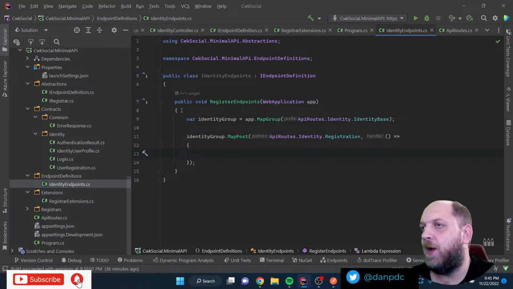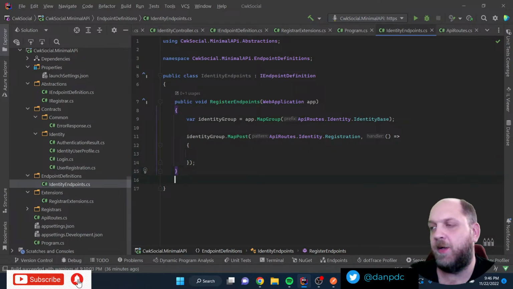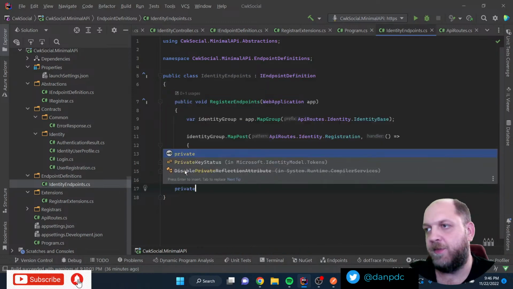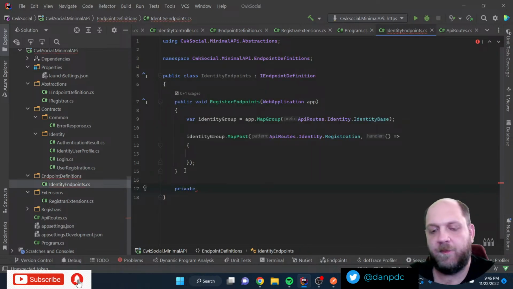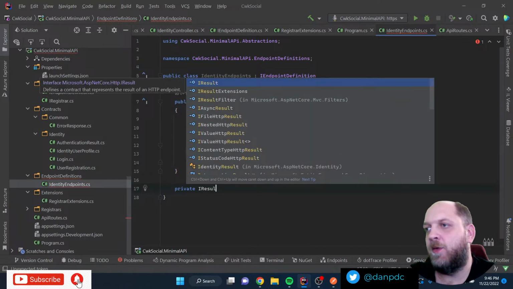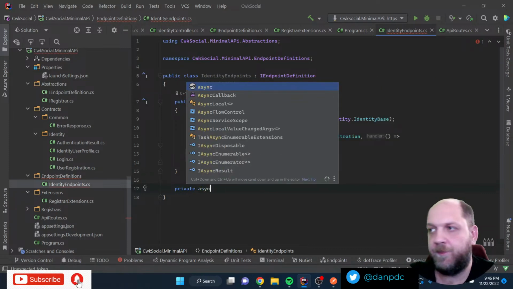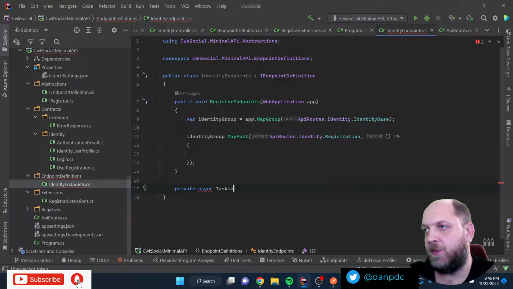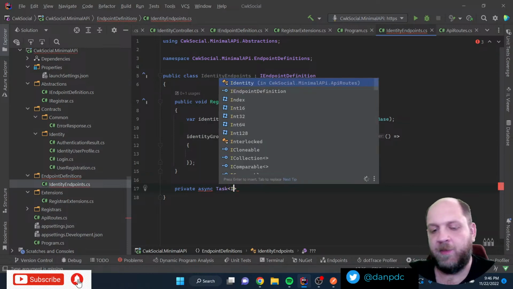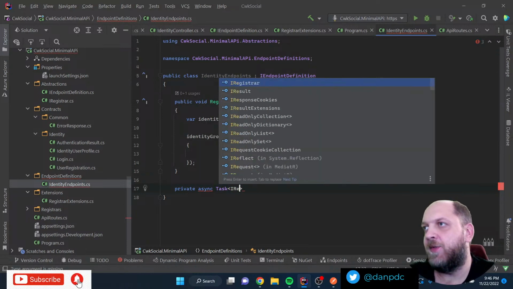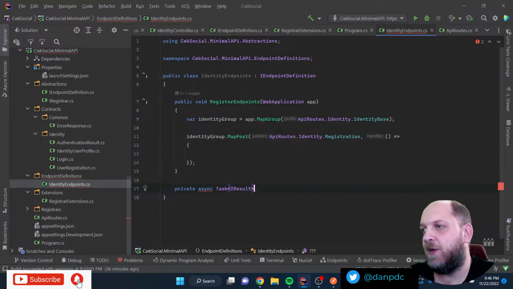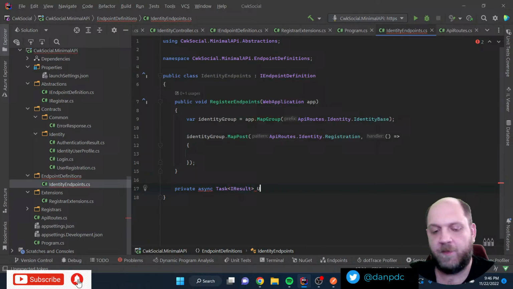Cool, but this one I will just want to replace with private methods. Private. Now in minimal API, everything will be async, Async Task of. So in minimal API, we return an IResult, not an IActionResult. And here, let's call this user